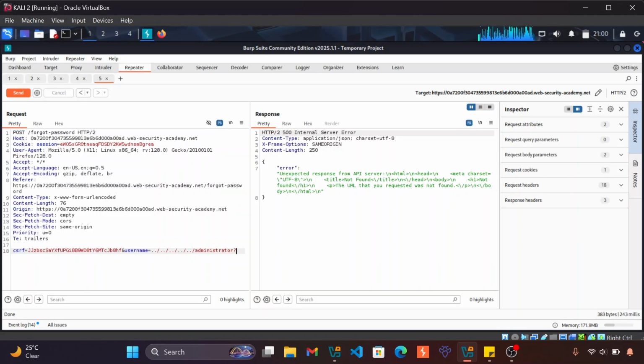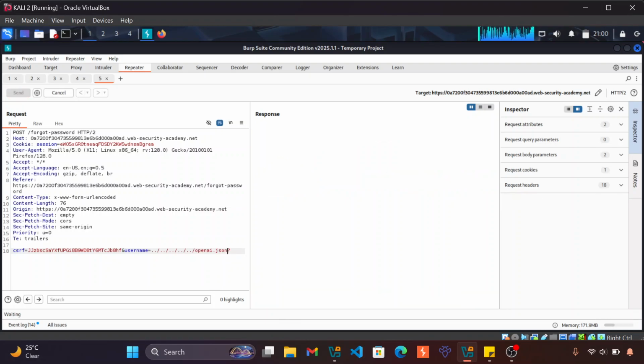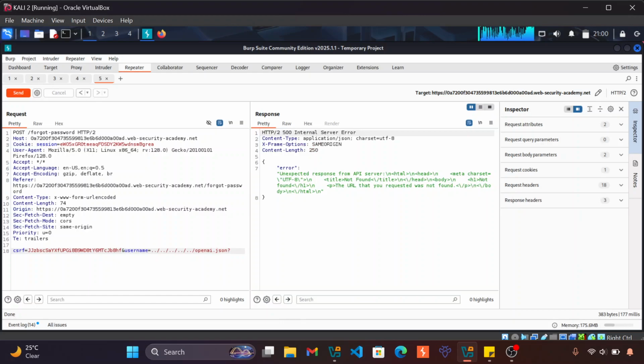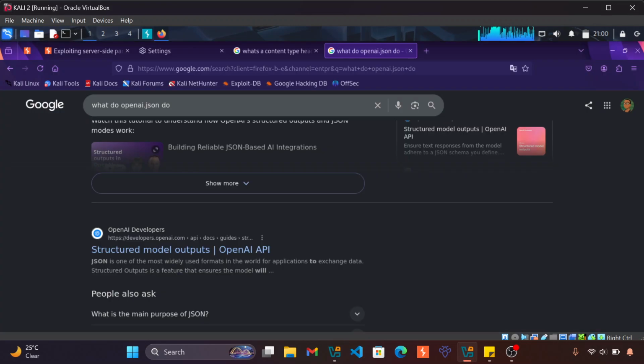Okay. I don't know if you know about this. openapi.json, send. Unexpected response from API server. Okay. Internal server error. Hmm. Okay, maybe